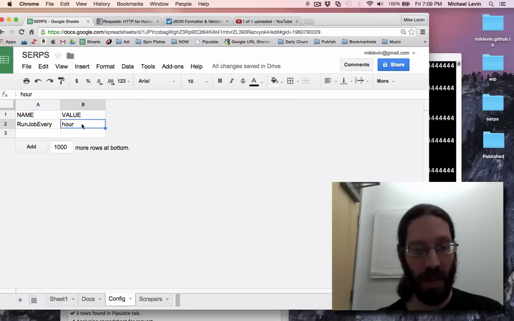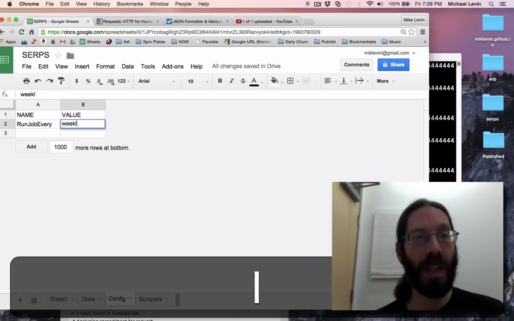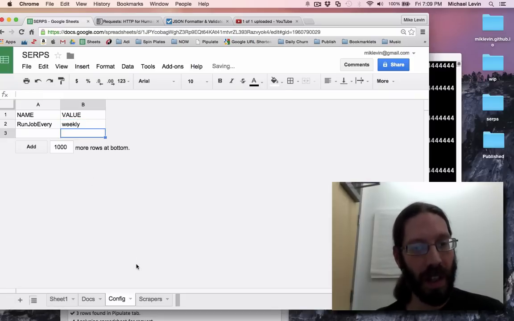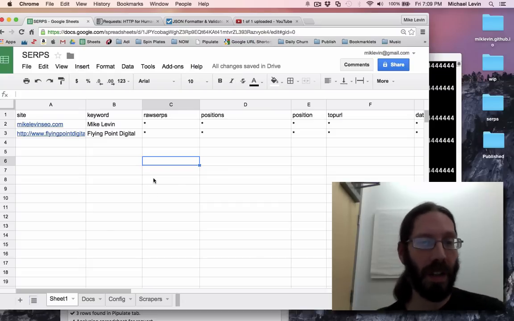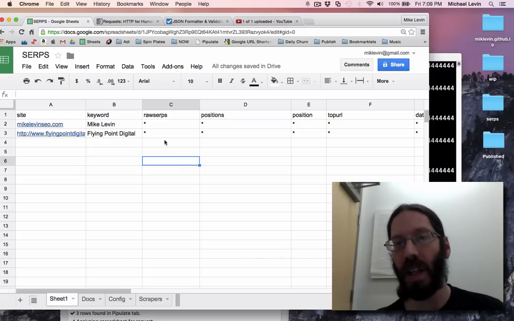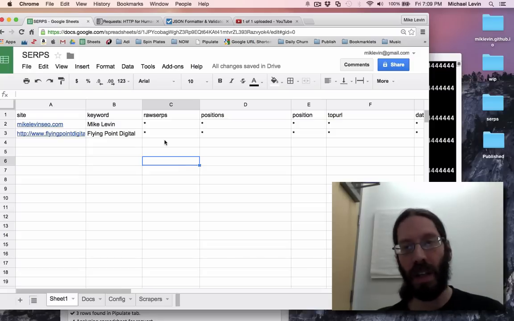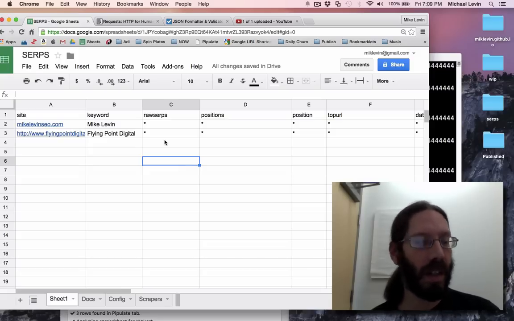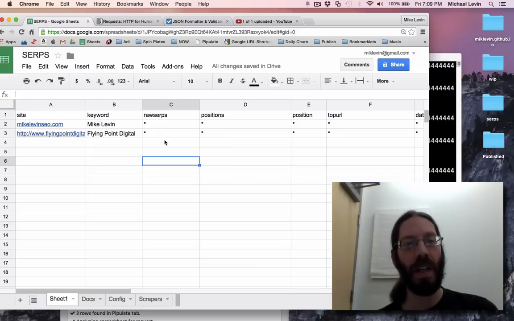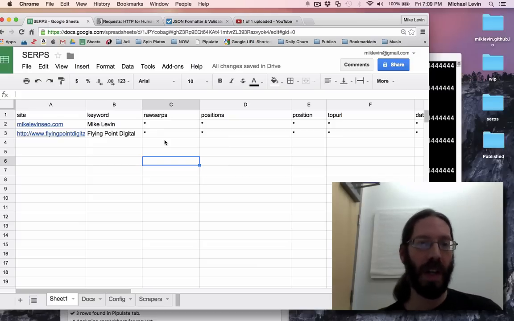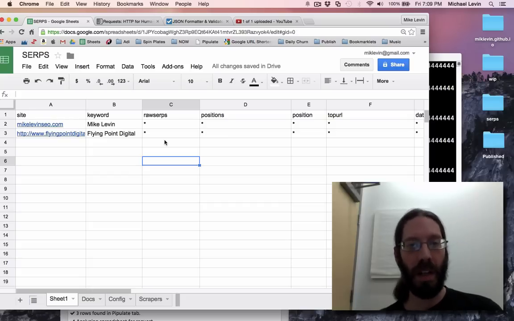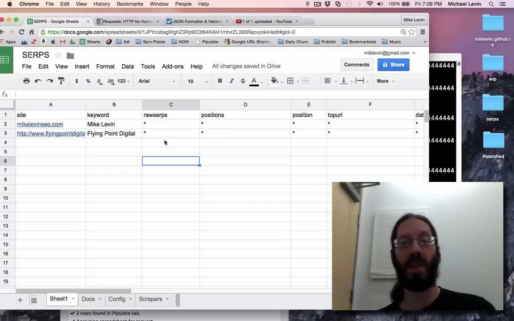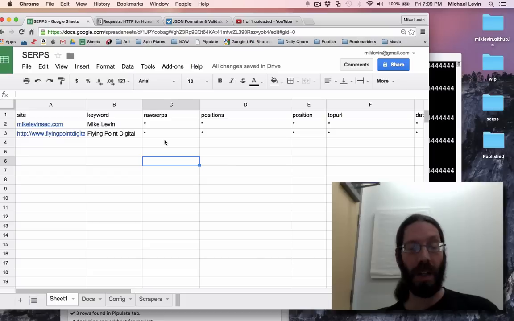Hourly, that's way too much. We would probably want weekly here, so we'd put the word weekly in there, invite in the Gmail address, and then those positions would just be automatically tracked. If it were 10 keywords, you'd get those 10 keywords tracked per week. And then you could run trending lines on it and get much the same functionality as you get out of Conductor and BrightEdge and all those other very high-end,